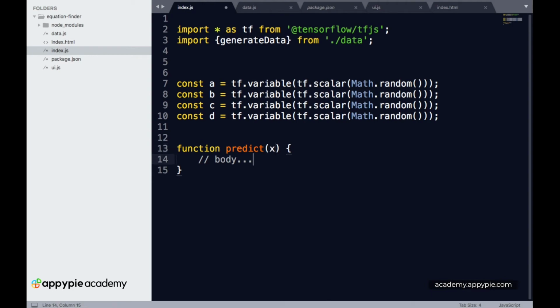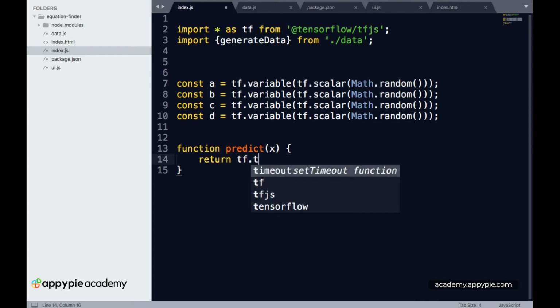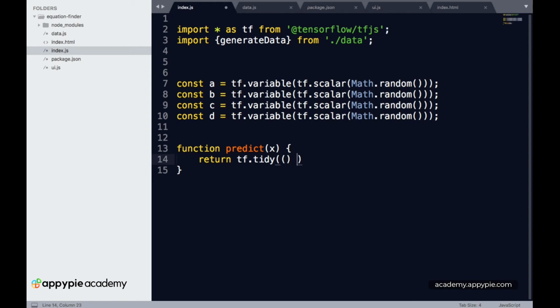Now over here let's return tf.tidy, and tf.tidy basically takes in an arrow function, and inside this arrow function let's type in a new return.